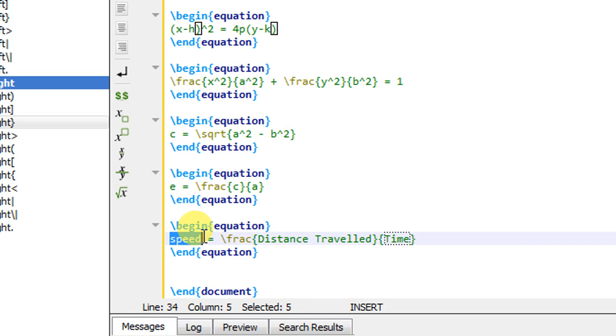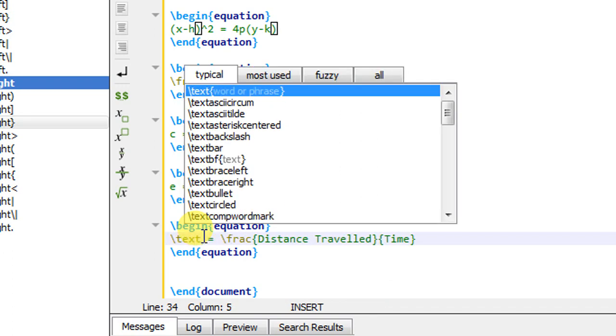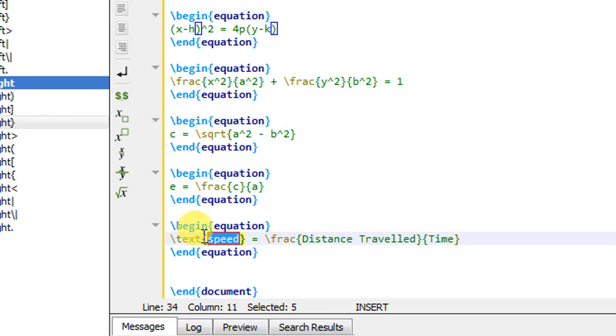You have to use the text command. So what I will do here, I will go back and write down \text, and I will make it enter. That means that text is to be included inside the curly braces, and that curly braces should be attached with your \text command.